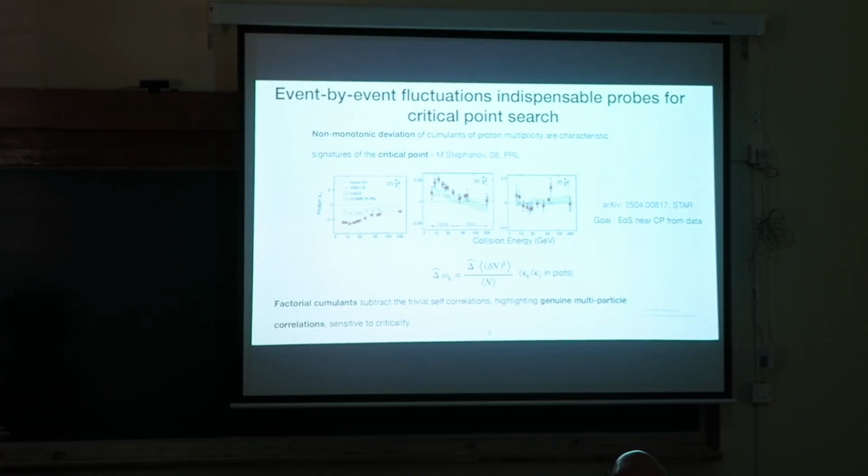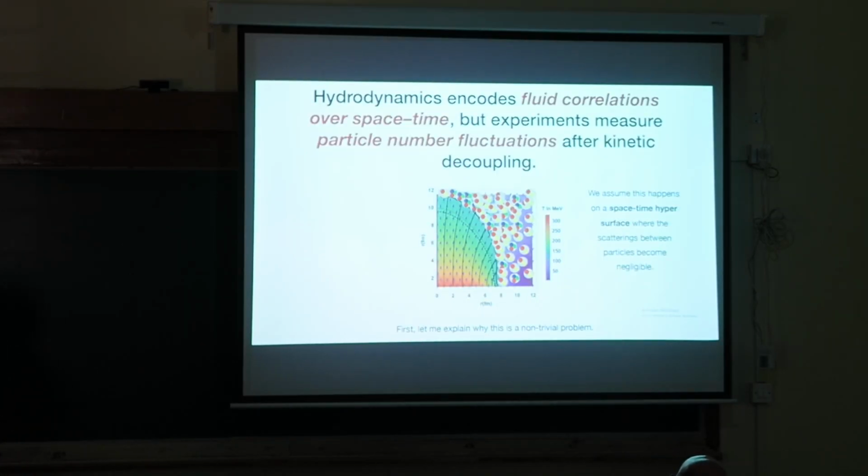Before we look more into this data, I will discuss what we are going to do to have a model that you can use to analyze this data and constrain the equation of state near the critical point. As I mentioned earlier, factorial cumulants subtract the trivial self-correlations in a gas, thereby showing you the genuine multi-particle correlations that are sensitive to the critical point. So today I will be focusing on this procedure, on how to convert hydrodynamic